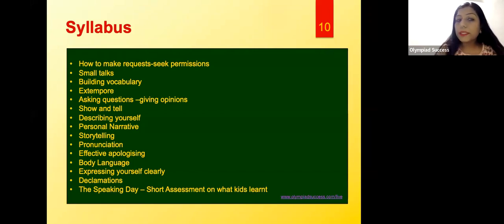So for example, if you are having a session about building vocabulary, whatever vocabulary you learn will be immediately implemented, so that you go to the next level of making it your own. If you are learning the techniques of extempore, how to apply those techniques of extempore, immediately it will be put to test, put into practice.